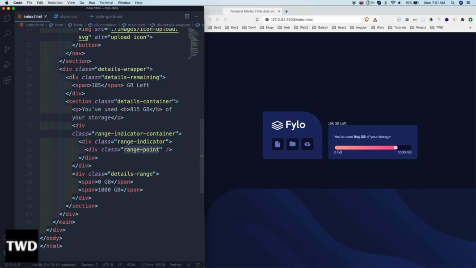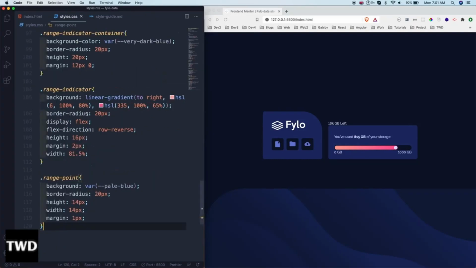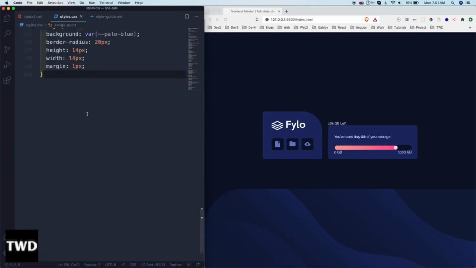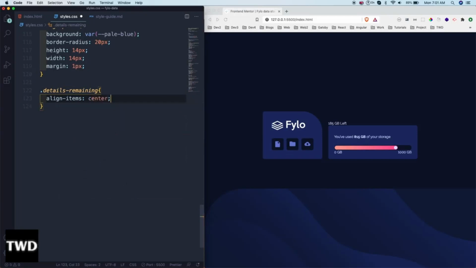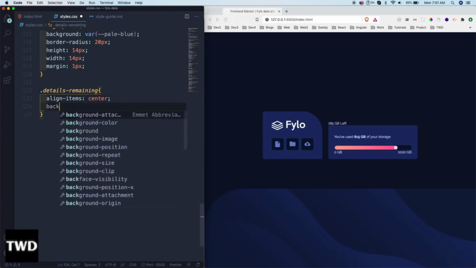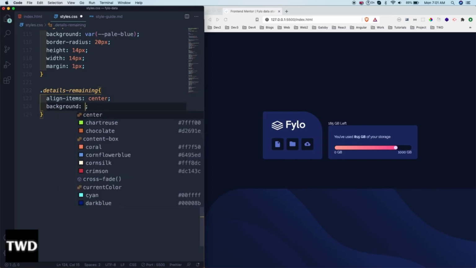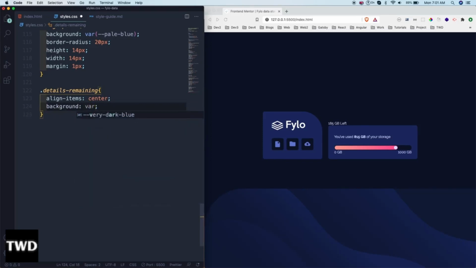So let this div contain this, so let me copy this details remaining, then let me come down here, details remaining, align items is center, background is where pale blue,